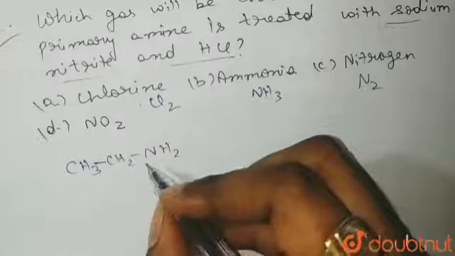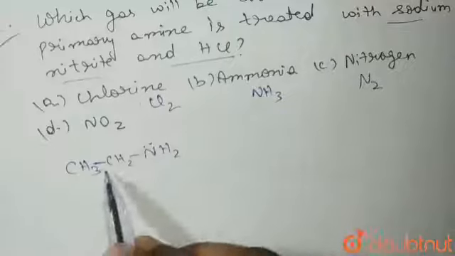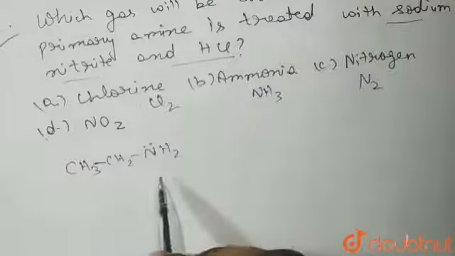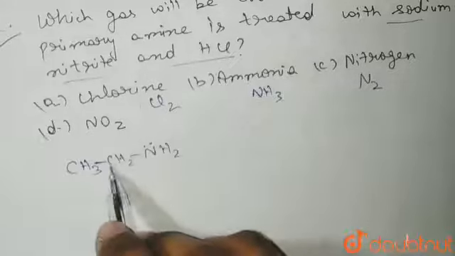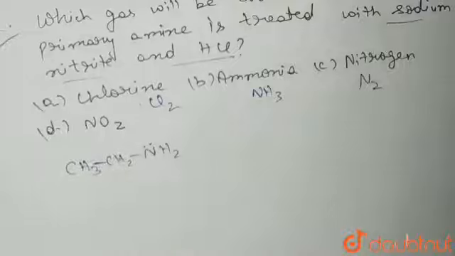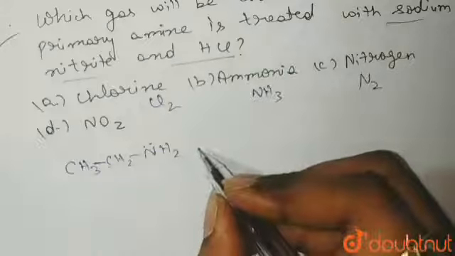Why is this a primary amine? Because this nitrogen is attached to one carbon and has two hydrogens on it. It has two hydrogens, and it is attached to one carbon. So thus this amine is known as a primary amine. So when we treat this primary amine with NaNO2 and HCl,